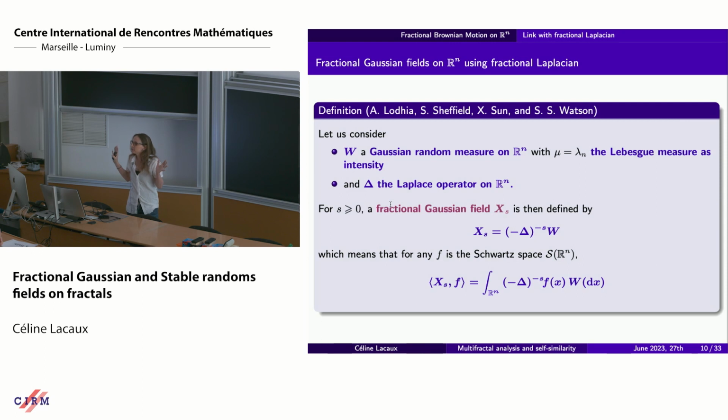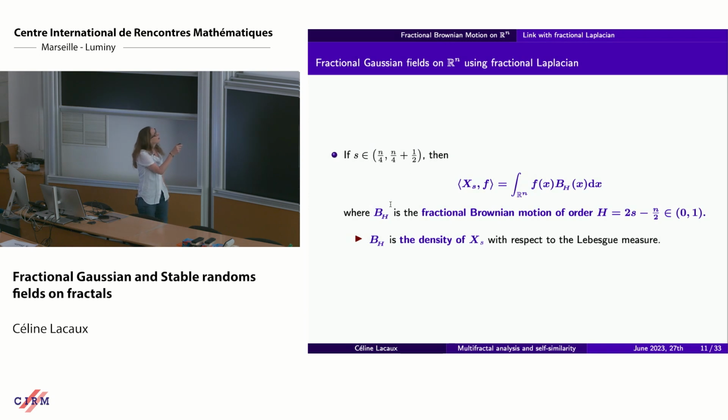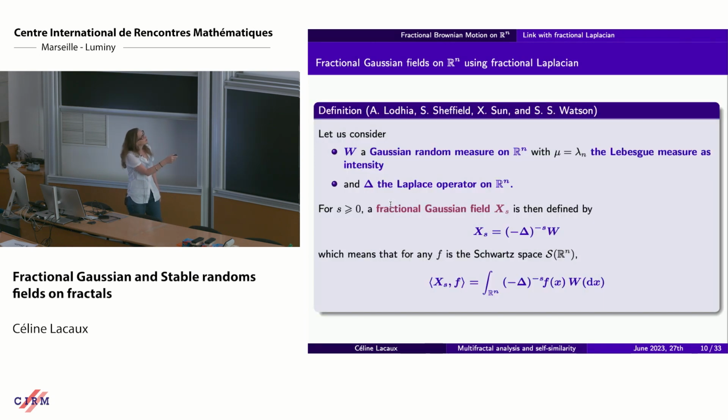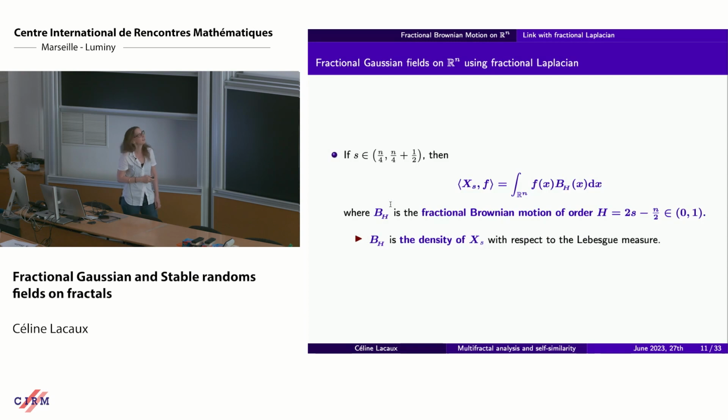The link with fractional Gaussian motion. We don't see it. There is no fractional Gaussian motion in this definition. So in fact, for several values of S, you can interpret X of S. For S equal to 0, that's nothing but white noise. For S between n over 4, where n is the dimension of Rn, and n over 4 plus 1/2, you can prove that,